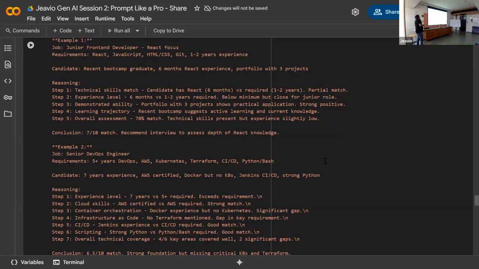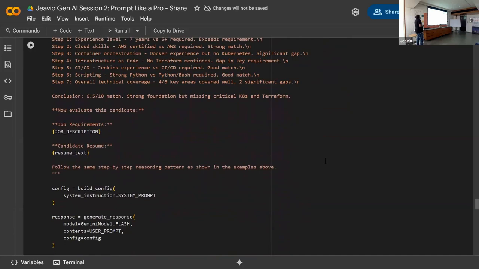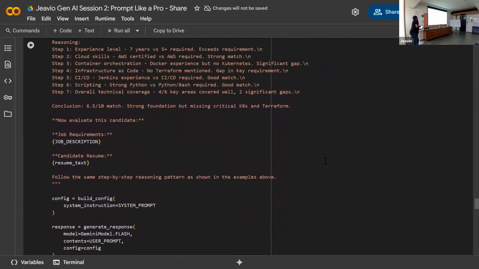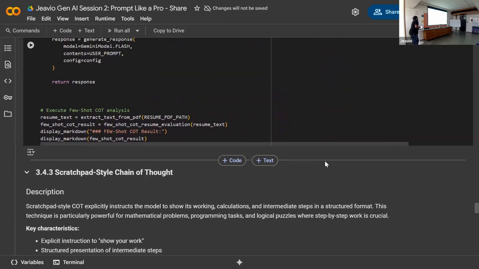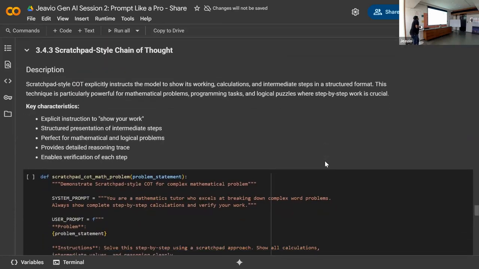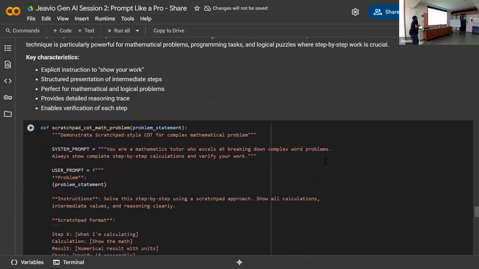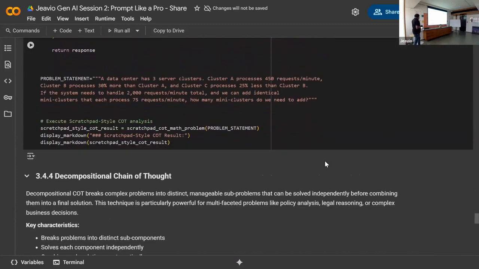So if we execute this, and the rest of the stuff stays the same, job description as an input and the resume as well, then if you see the answer here, the few-shot COT results, job requirements is something that it identified from the input. Preferred is this one that we already provided. And then for that, the reasoning is like education, experience level.